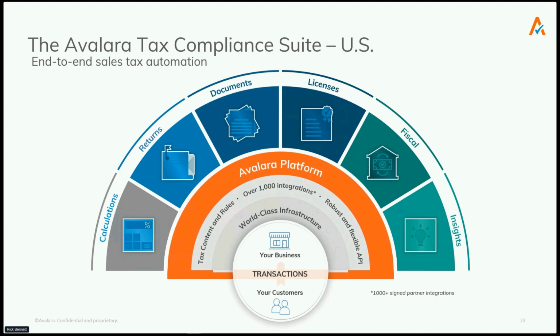Licenses. We can help you with registering in a state. We can help you manage your business licenses from state to state if you have businesses in multiple locations. Avalara can automate that process and tell you the types of licenses that are required in a state or city with an automated solution, Avalara's license management. If you're expanding and growing and selling globally, we can help you with filing your VAT returns